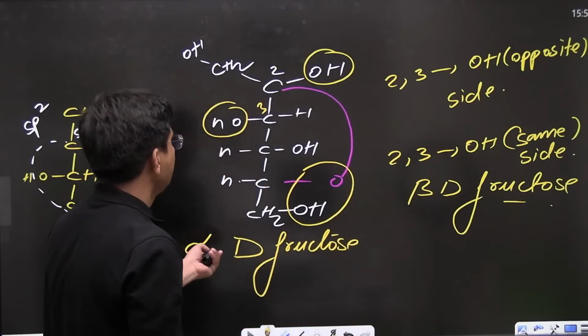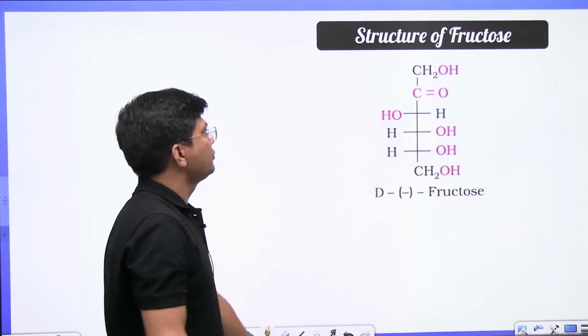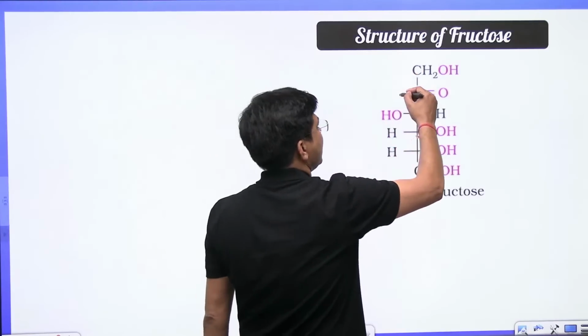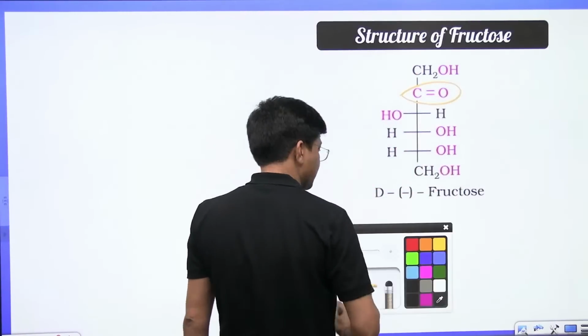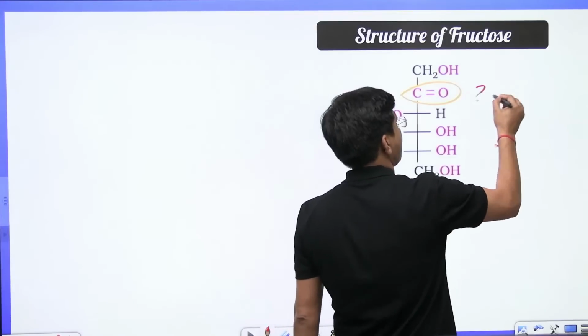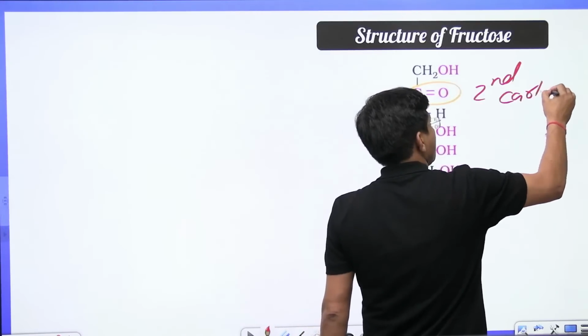Now, see, this is fructose. Can you see fructose? First carbon, this is the carbonyl group, and the carbonyl group is on the second carbon. So, if anyone is asking which is